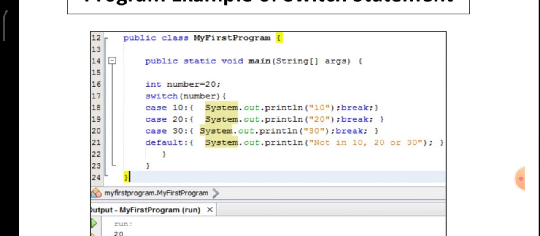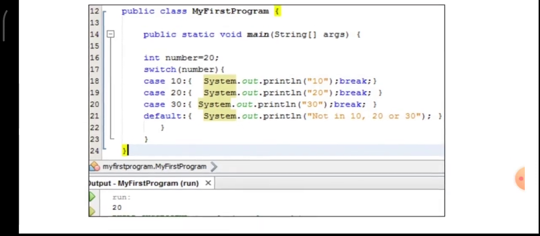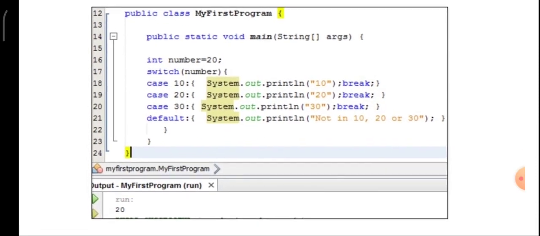So it will not read the first line, it goes to the second line, which is case 20, it is matching. So system.out.println 20. So 20 is printed, and when it comes to the break statement, it cuts there and comes out of the loop. So finally the result is 20.